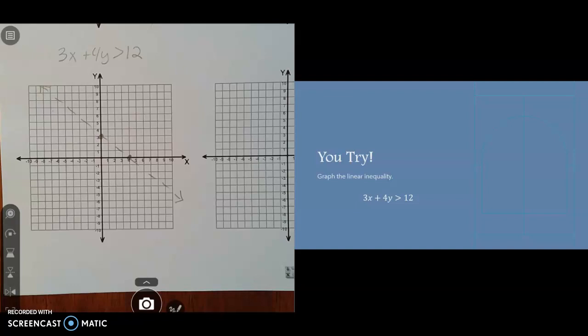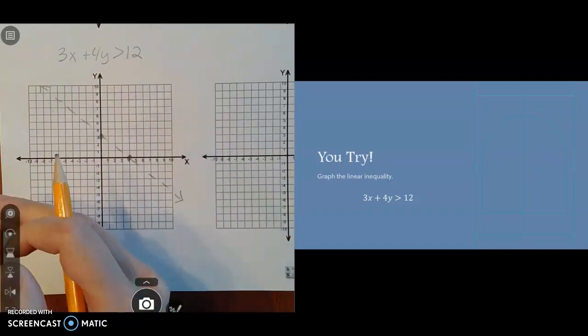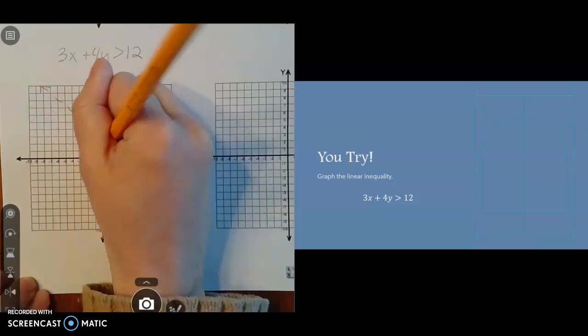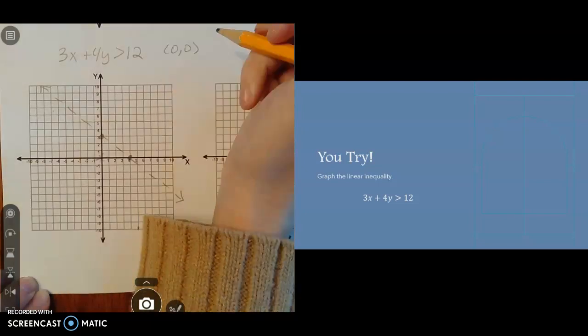Next up, we need to figure out, where am I shading? Am I going to shade above or am I going to shade below? Okay, so what I would do is probably use a test point. How about (0, 0)? So if I use (0, 0) as my test point, because 0 is just easy to